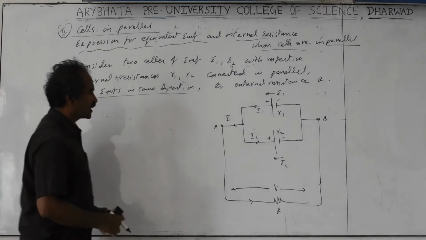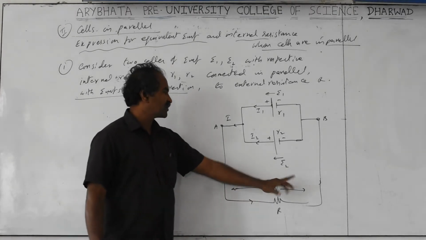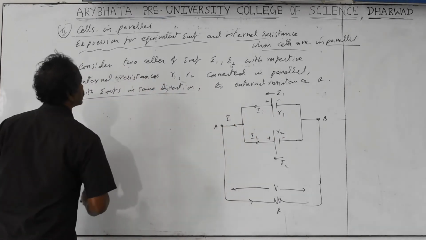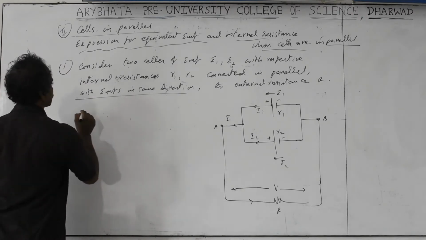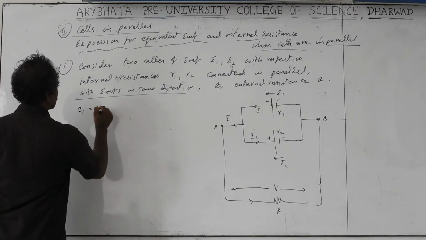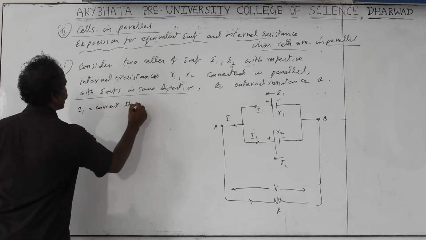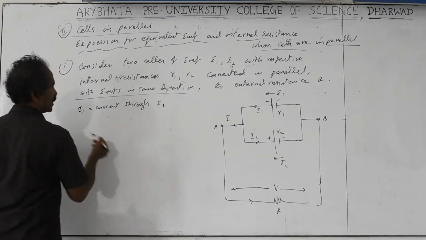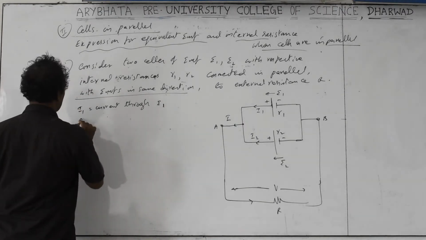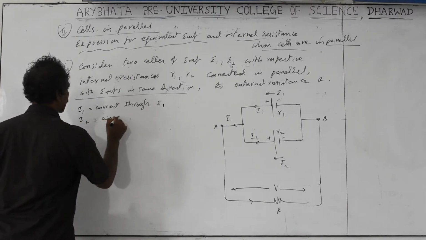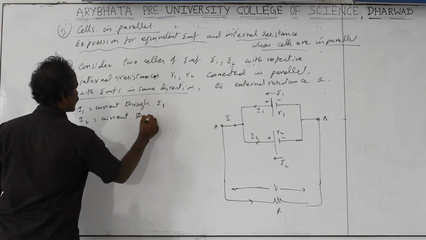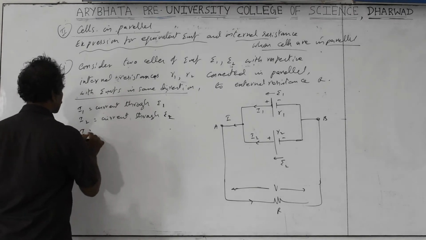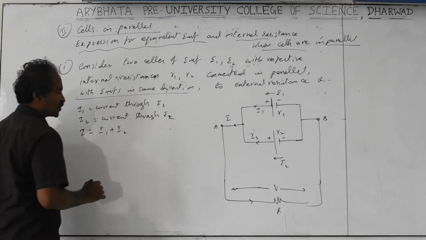But in their textbook, they didn't mention the external resistance. They just gave the relation V and the circuit diagram, meaning only part of the circuit is given, not the complete circuit. I1 is the current through E1 and also internal resistance R1, I2 through E2. I is equal to I1 plus I2, the total current through R.